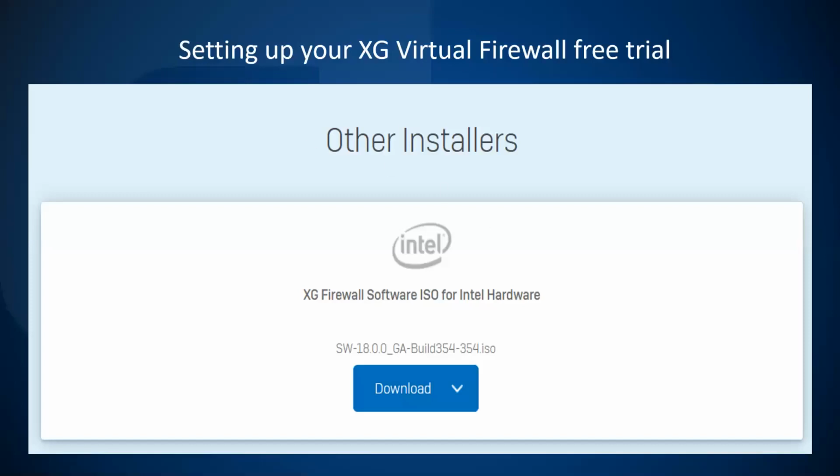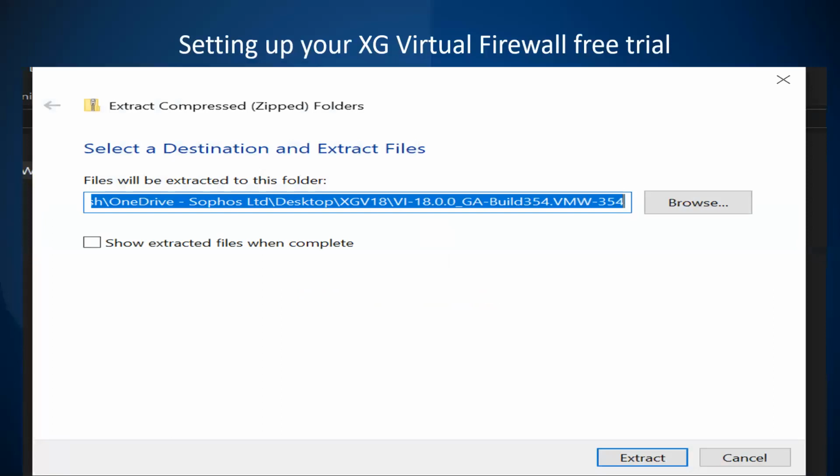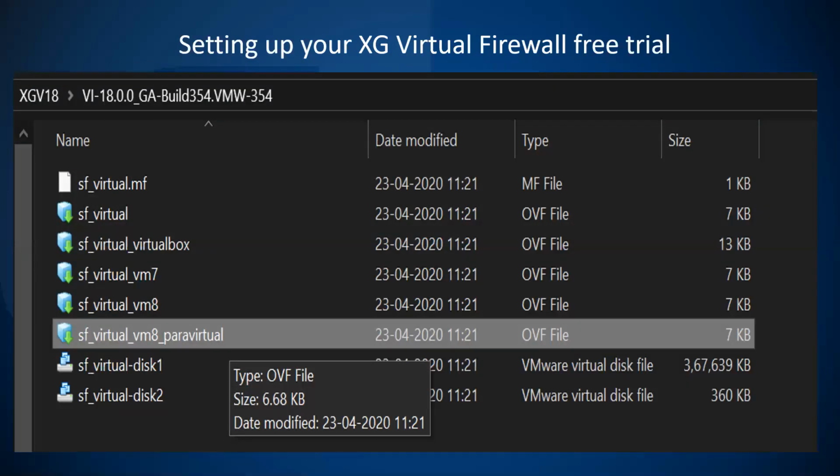After I downloaded the file, this is the normal file download that you can download. I extract it. As you can see, I downloaded it for the VMware version, so it gives you all the OVF files. When you open it in VMware Workstation, you can only see the OVF file that you need to import. So importing is the easiest part of it. Beyond this, you are all set. You download the zip file and extract it into a folder of your choice, and that is it.